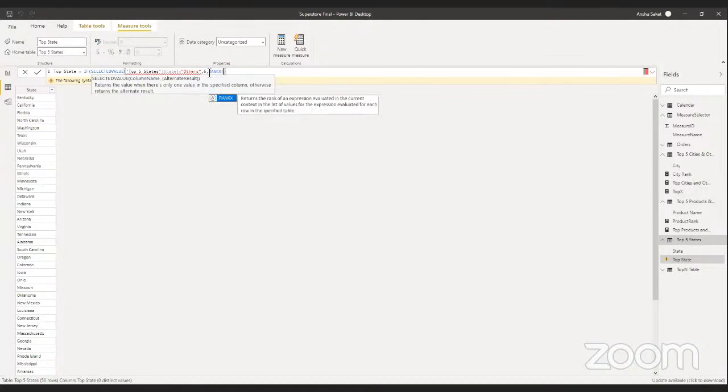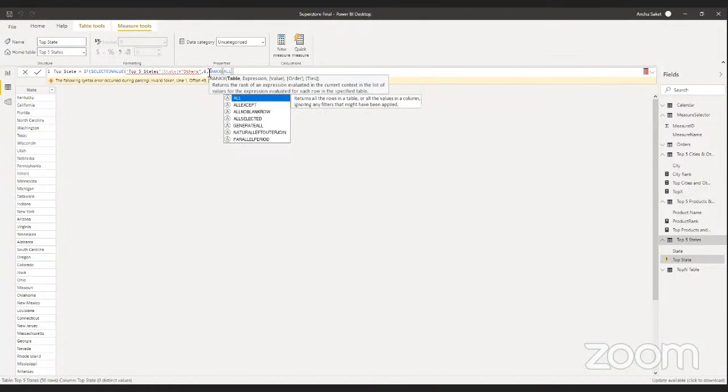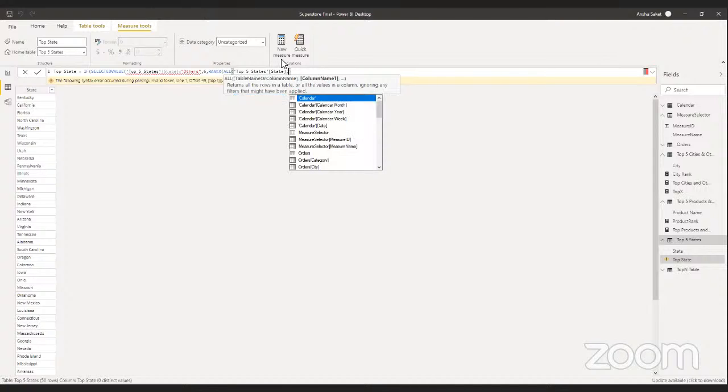That is RANKX, all the values in state, comma, on the basis of selected